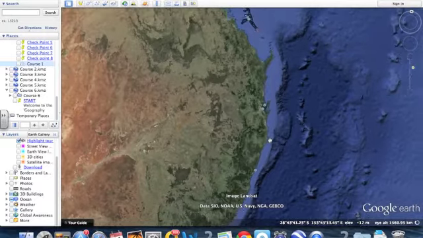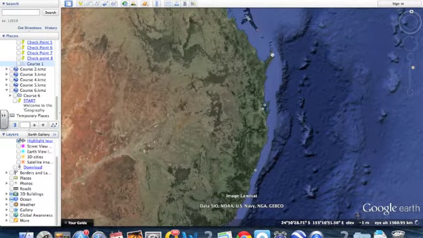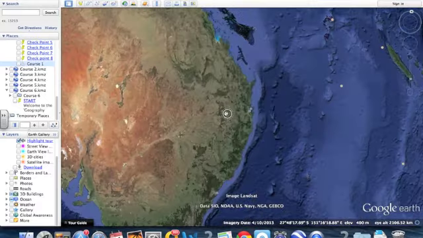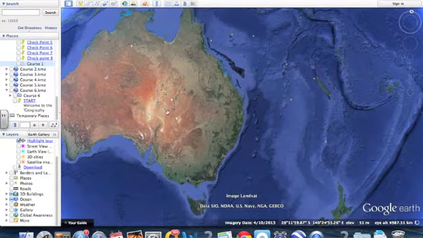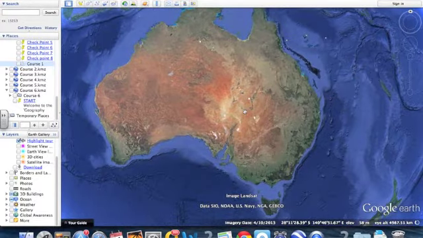On this map here, it looks like this area up here is a bit further east, but that's only because the map is slightly twisted around. So, Cape Byron is the most eastern point of Australia,